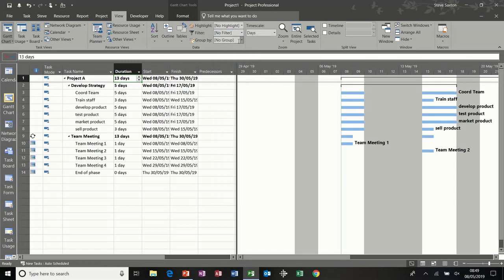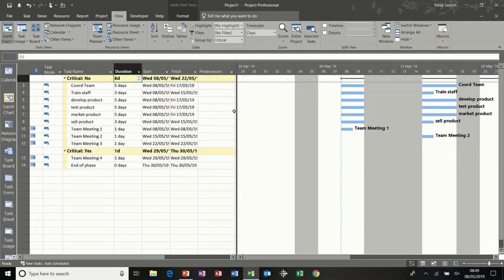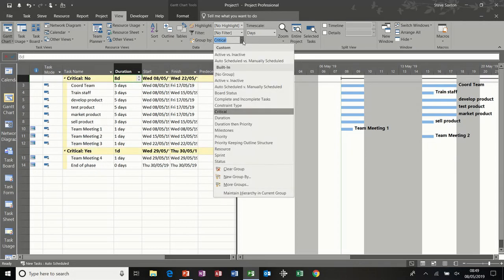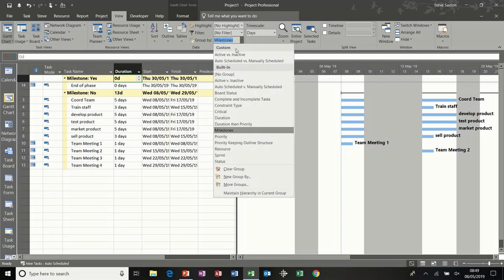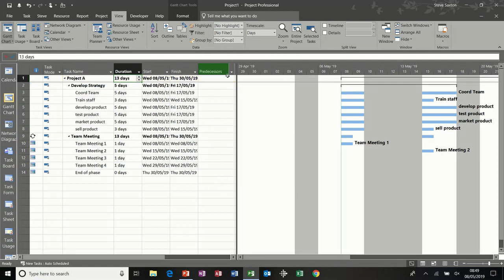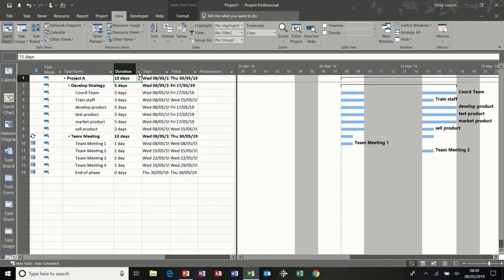Going back to no filter, and then you have this option, which is a group. So you're basically just selecting an option, and these tasks are grouped by that option. So critical there, milestones, and then no group. Now also, in terms of filters, every column has a little drop down arrow in every